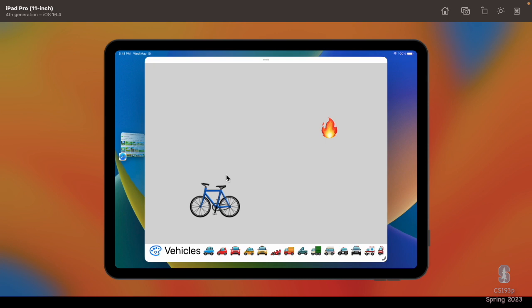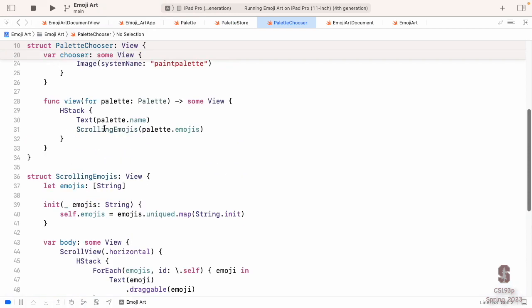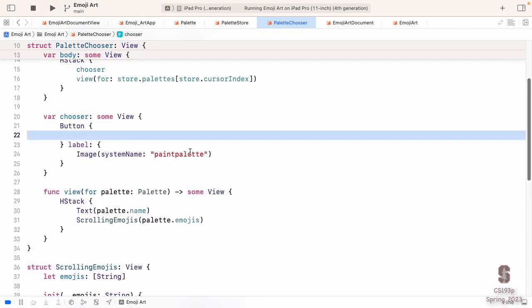Oh, it's looking pretty good. I see it right there, vehicles. Let's cycle through them. Oh, it's not doing anything. Why is that not doing anything? Well, here is our button that does something, and it's not doing anything. So what are we going to do here? Well, we just want to go to the next cursor of our palette store, right? So this is a one-liner,